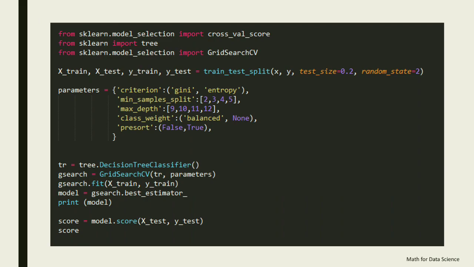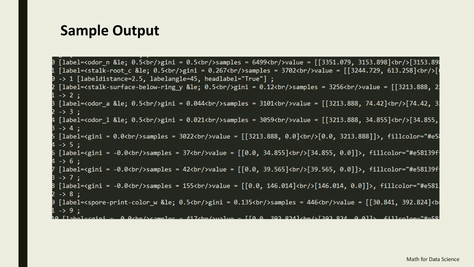So before going into the decision tree, just have an idea about what linear regression and logistic regression are, then come to the decision tree. Hope this video will help you. I have uploaded the full code on GitHub. Also the dataset has been uploaded. Please give a look at it, download it, run it, or write your own code and see how a decision tree works and how you are